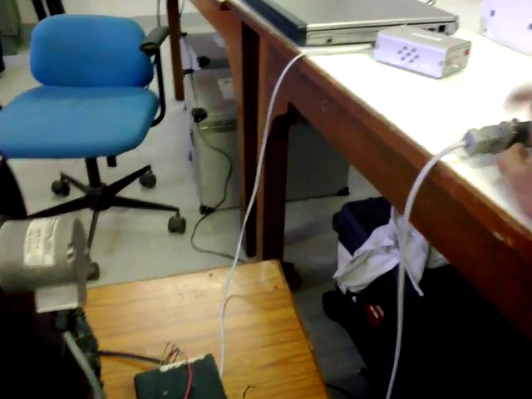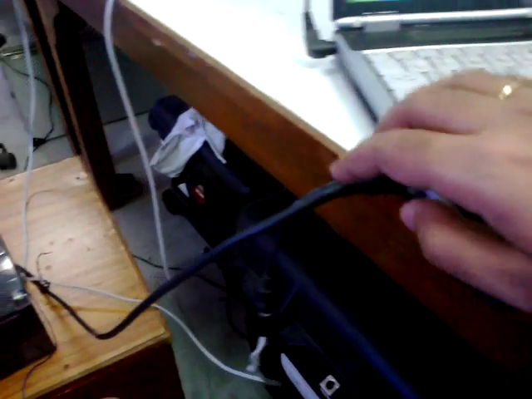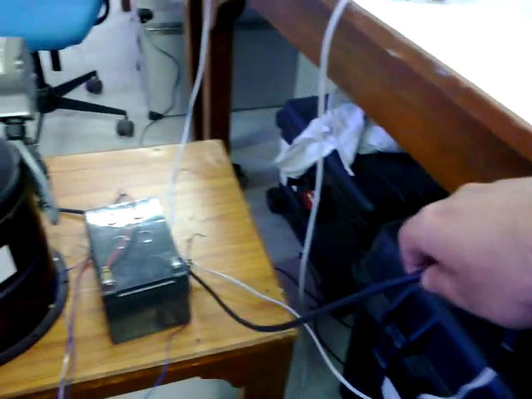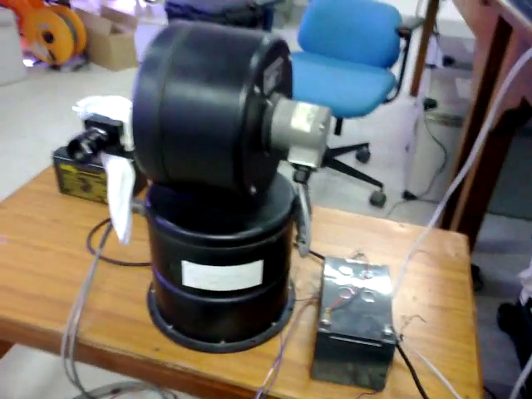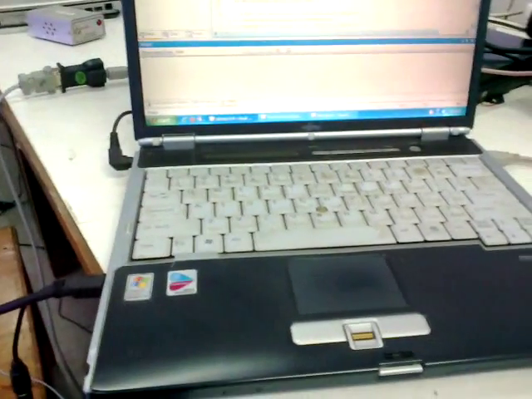The gimbal uses serial communication, which is connected to my laptop, and this is the FireWire socket for the camera, which is this wire going to the camera and connecting it. So this is my present setup. For tracking, I am using a torch as the light source, and the platform which I have used is